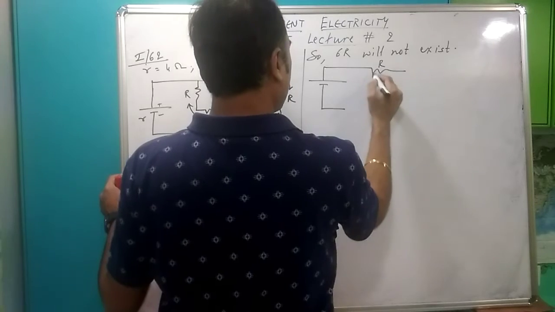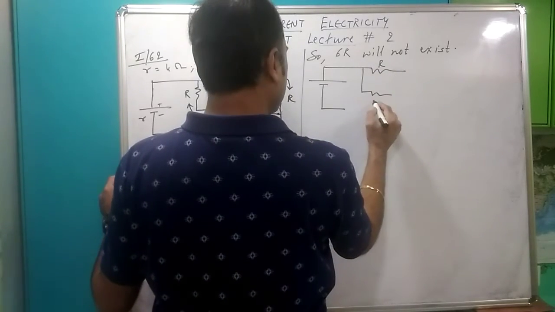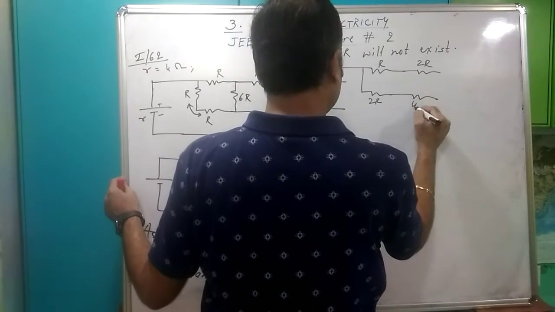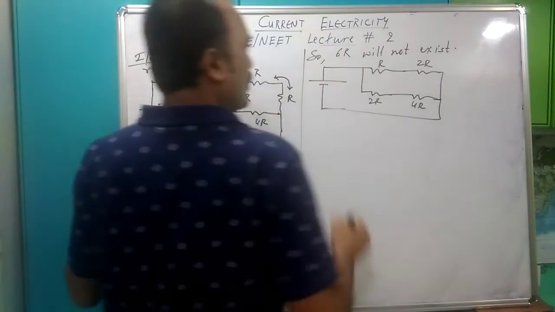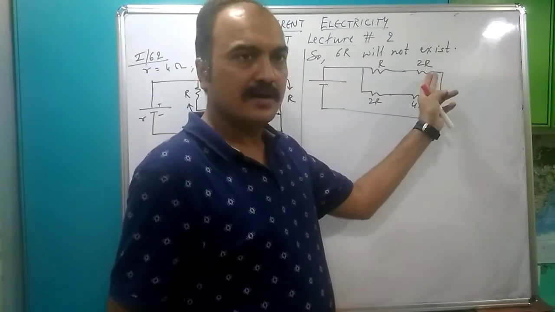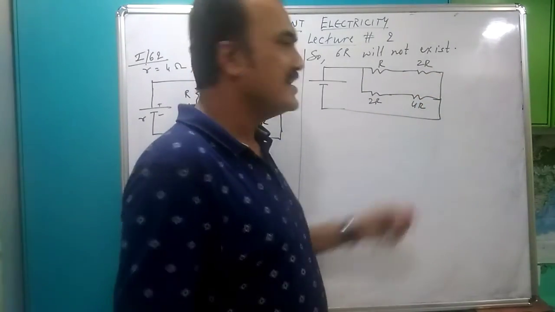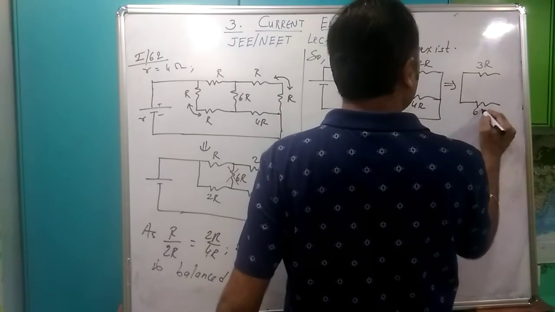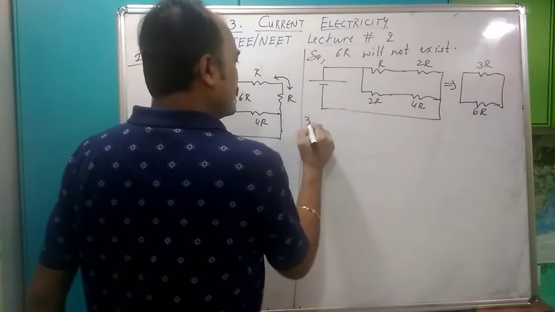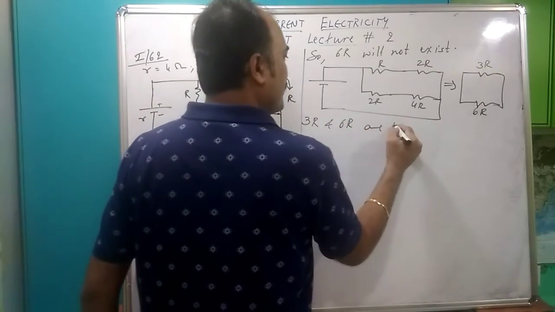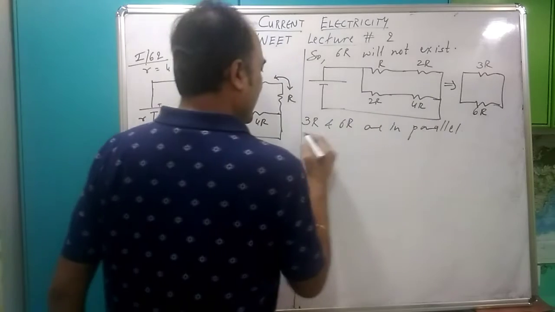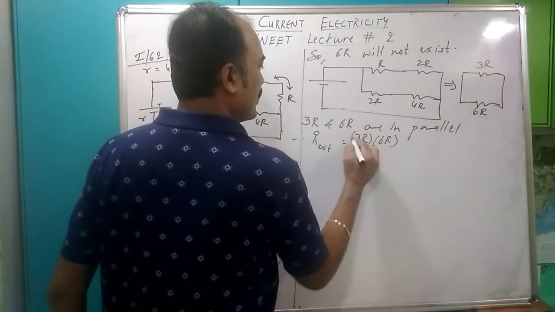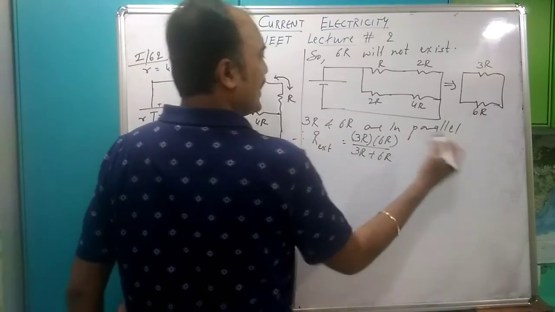And as a result, what does my new diagram become? This is R, this is 2R, the middle one is gone. This is 2R, this is 4R. Wow, R and 2R in series give 3R, 2R and 4R in series give 6R. So this is like 3R and this 6R. Do you believe they are in parallel? So 3R and 6R are in parallel. So what is the net external resistance? R external is 3R into 6R over 3R plus 6R. That was 2R.